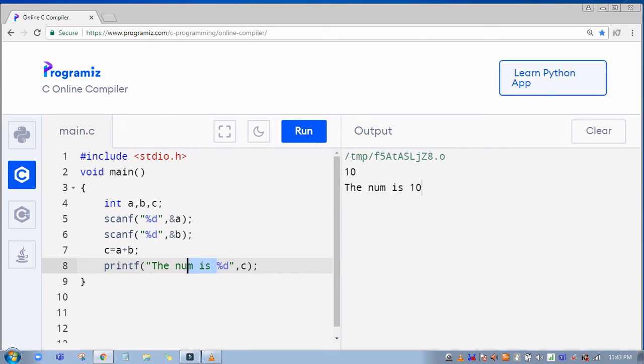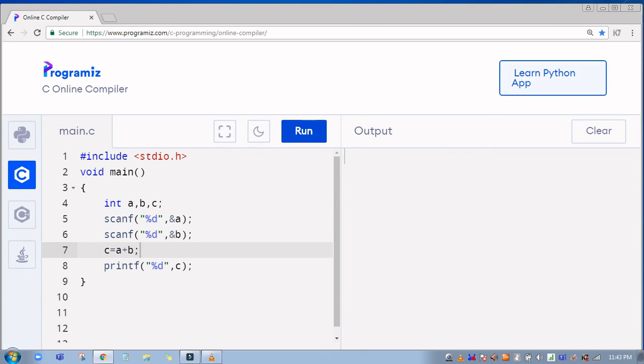So now before giving run, you must know what the output must be. You are going to give two inputs and you are going to add both the inputs and print it as your output. So c is equal to a plus b is my statement here. It will take the a value and b value, add them together and save it in variable c. Let's check it out. I'm going to give run. It is asking me to give input 10, 20. The output must be 30. You got the output? Okay.